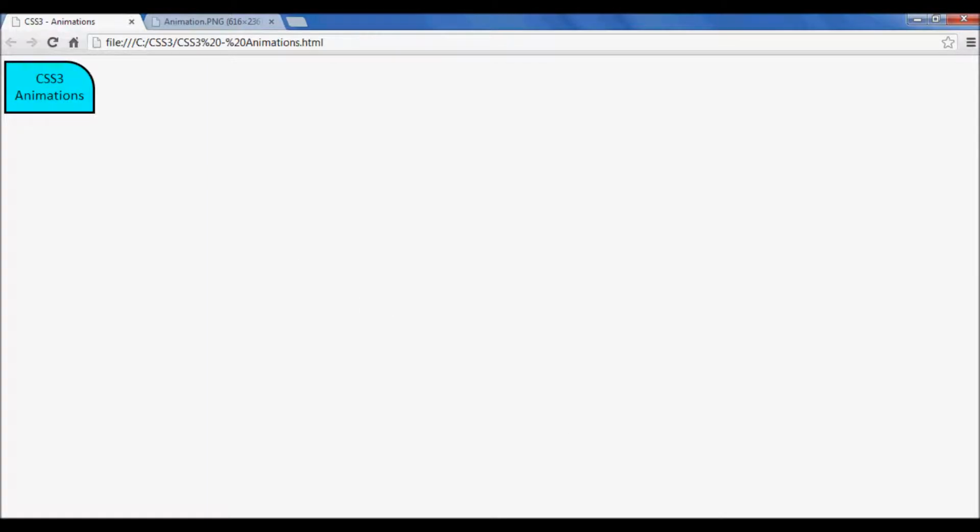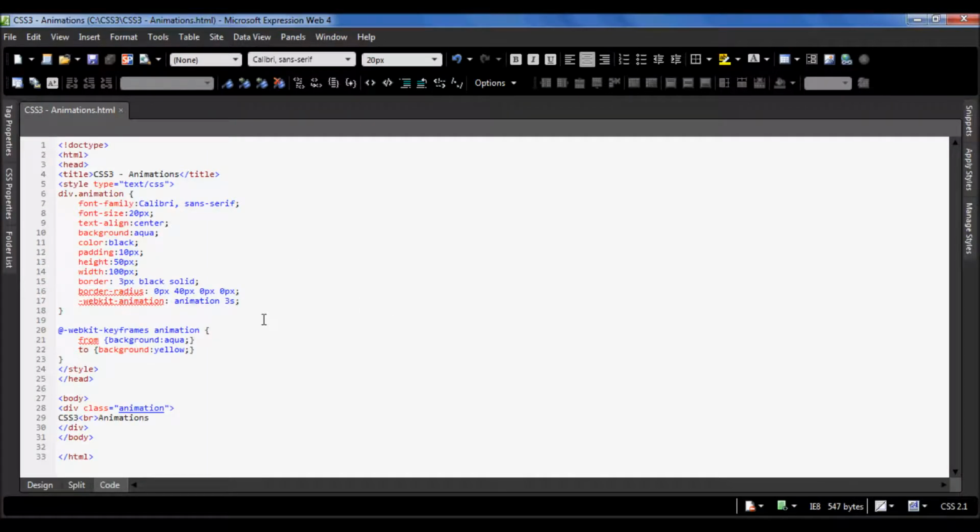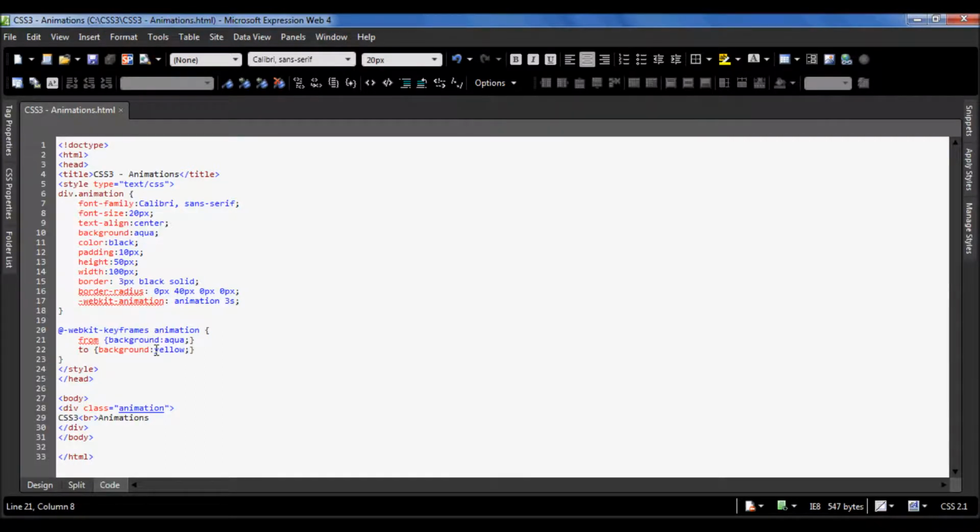But that's a little bit too simple. Let's make it a more complex animation when it does more than one thing, which is just going from background aqua to background yellow. So firstly, just delete all this, and you can keep this the same over here. And we're just going to type in 0%. So this is at the very start of the animation, and we're going to type in WebKit